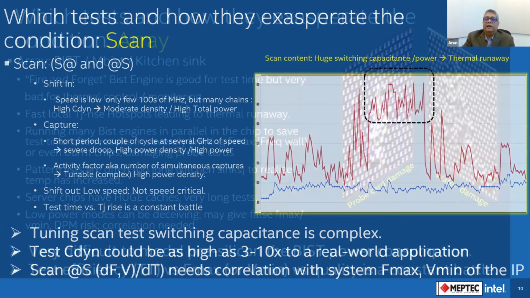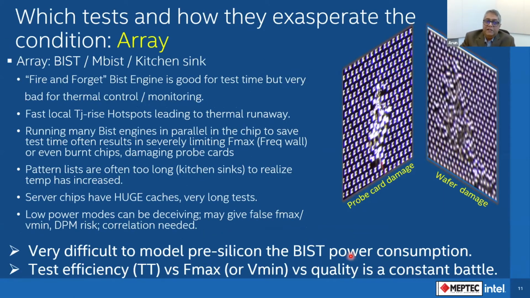The next one comes array test. Oh, this is a nightmare actually. Some of the nightmare cases I have seen in 20 years. Most of the companies run some sort of BIST, built-in self-test, or MBIST or a PBIST, programmable BIST, and we throw the kitchen sink of algorithms on this. Mostly we get a fire and forget BIST engine. This is really good for test time and all the algorithms, but very bad for thermal control because of the fast increase in TJ and hotspots. We don't even know that the temperature is increasing because there is no way to monitor the power or even the temperature, and we easily hit the Fmax or frequency wall, and we burn up